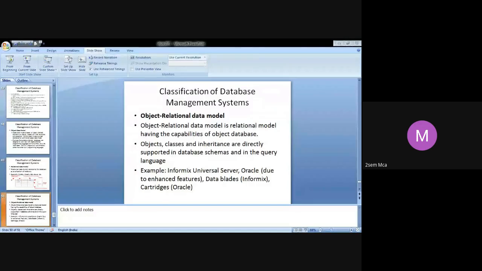Lakshmi? Ma'am, her mic issue, it seems. Okay. Lavanya? Present, ma'am. Manish? Sorry, Manish. Present, ma'am. Manoj? Present, ma'am. Mohit? Yes, ma'am. Naval? Yes, ma'am. Navya? Present, ma'am. Nikhil? Present, ma'am.